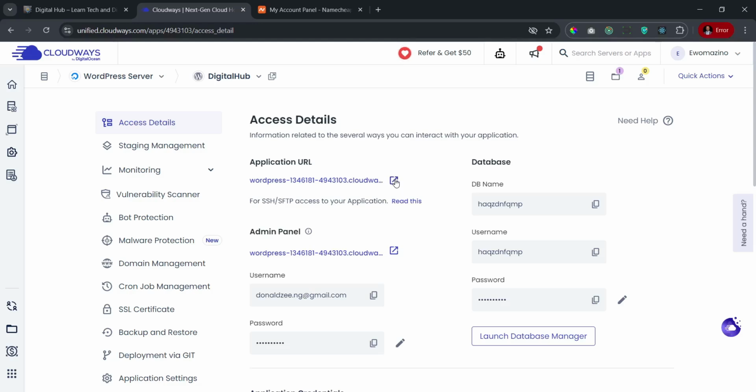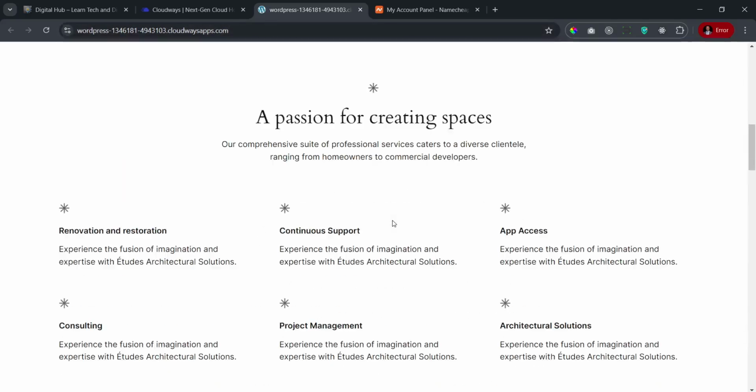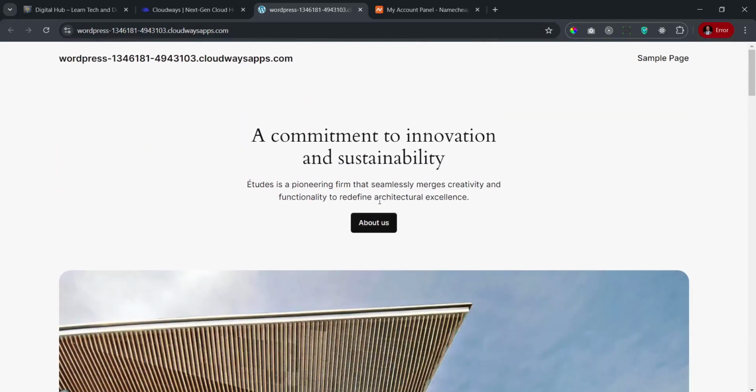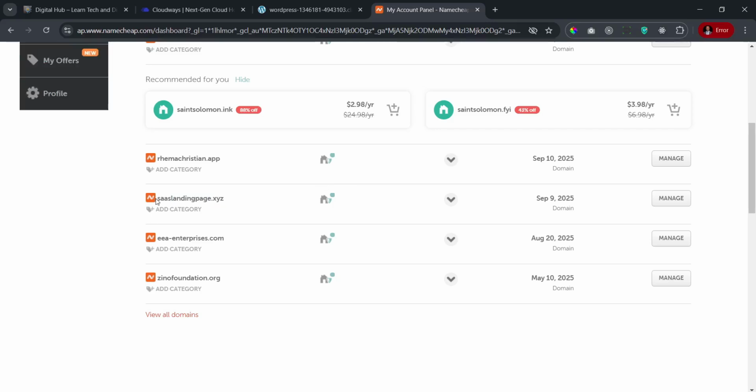If you click on this link here, it should open this subdomain URL, which is a basic WordPress install. Nothing much is going on here. But before we go ahead and start customizing this, let's connect our domain. So this is where you want to come to Namecheap, and right here on Namecheap you can go ahead and buy a domain. Ideally I'd buy something related to the website I'm building, which in my case is Digital Hub, but I already have a domain that I just use for tutorials, and that is this one,